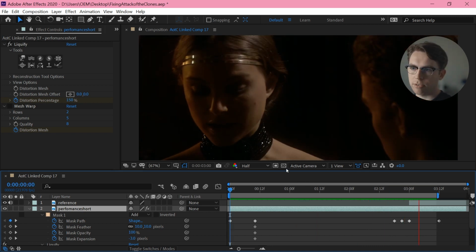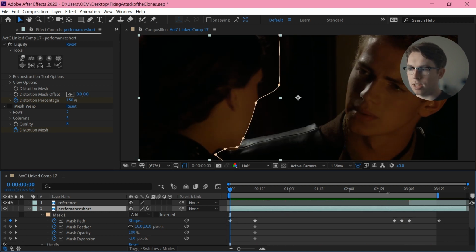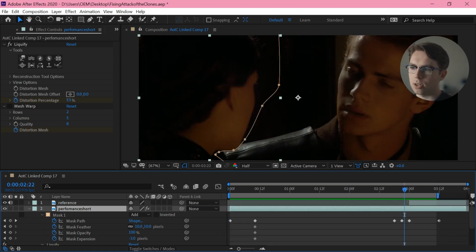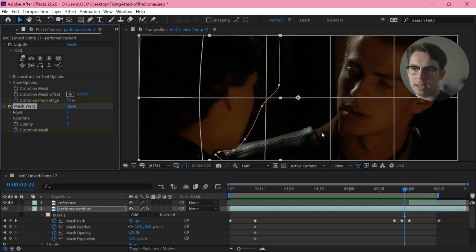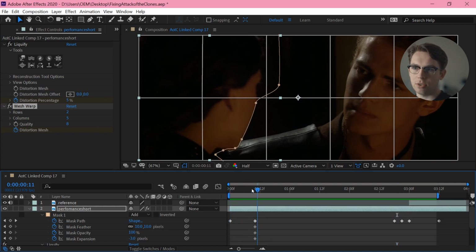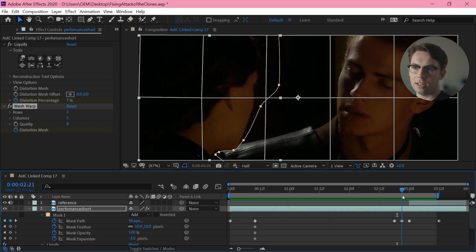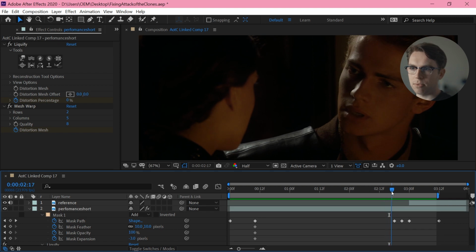So I start with the liquefy so that her mouth is at least doing the right thing, and that's matched further down so I could figure out where I actually wanted to do that cut within this comp. And then I'm doing a mesh warp, and this is pretty rough, but basically I've subdivided it until I get this line going down her face here, and then I can slightly give it a bit of a look of 3D rotation.